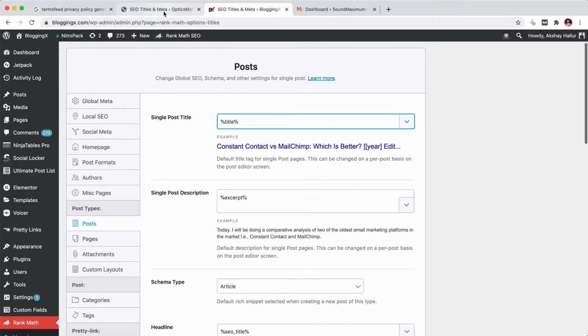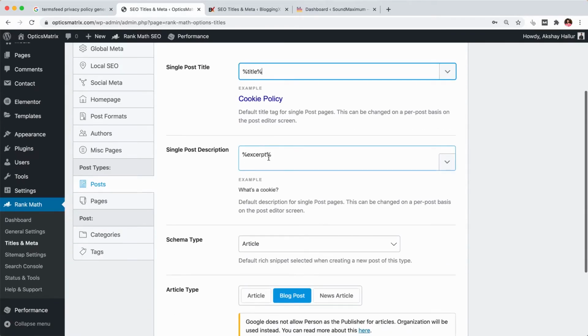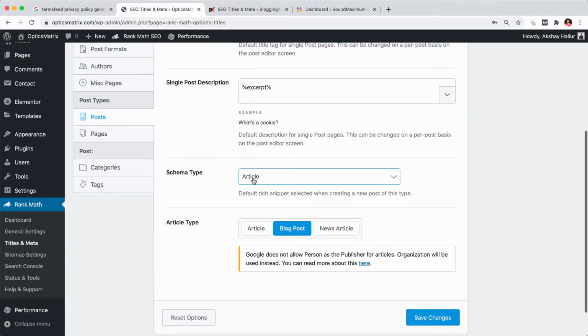So by default, this will be like this, I guess. Okay, so here you just need to make it title, right? Don't need to add your brand name here, because if you add a brand name here, you will not have many characters left for making the title attractive. So just delete this. And single post description, okay, excerpt, and